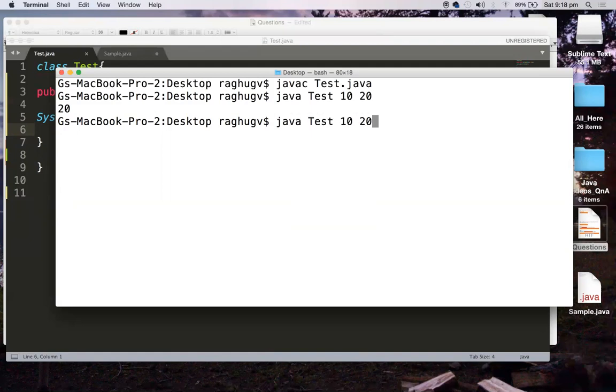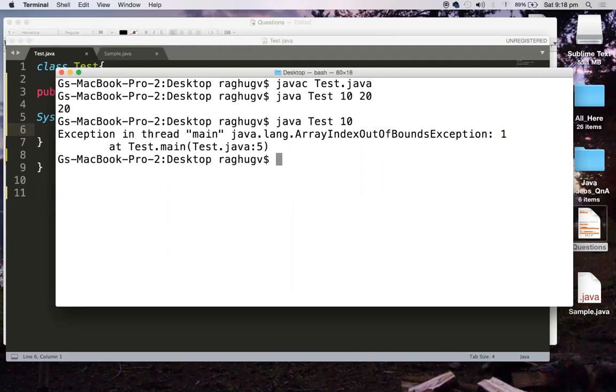But what if we pass only one argument? Just see. When you pass only one argument, you are trying to access the second argument. You will get a runtime exception, that is java.lang.ArrayIndexOutOfBoundsException at index 1.